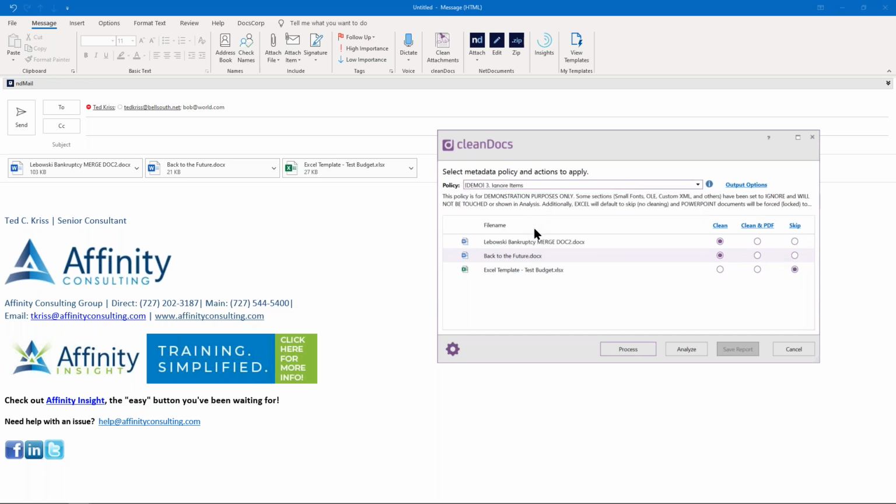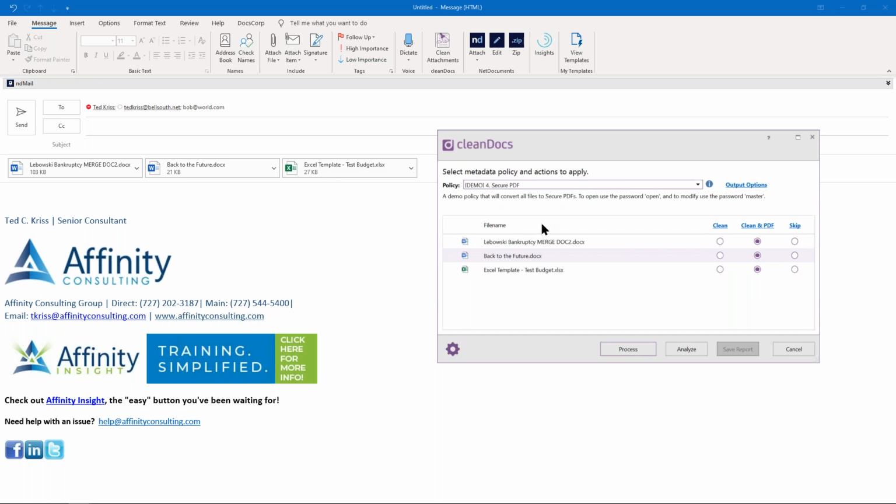That is followed by our ignore items. Depending upon what documents you have attached, you'll see that on Excel documents, it will not do any cleaning. Same thing with our PowerPoint. We can set controls by attached document types so that the metadata cleaner program will not only react differently to those documents, but also control what options are available for those documents. Moving on from there, we have secure PDFs.